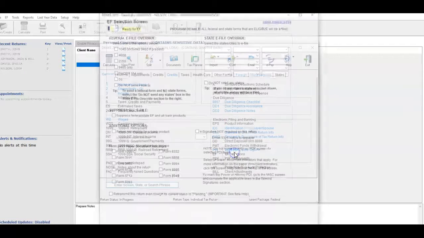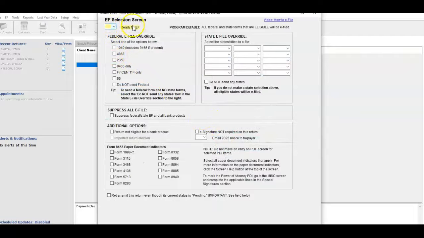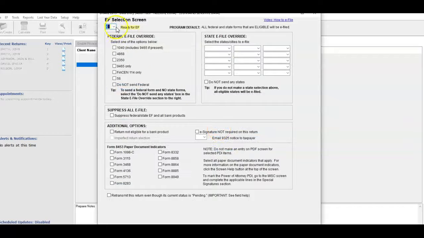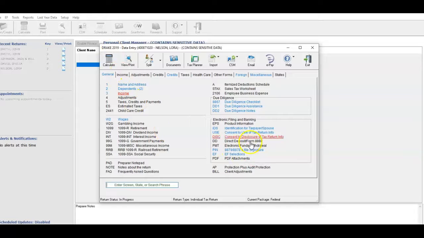This here, you want to make sure you EF selection screen. You got to click this, say ready. Well, if you don't have this selected, even though it's ready, you won't be able to process it. So you got to make sure EF selection is made right here, boom. And so you won't forget. Maybe that's the first thing you might want to come and do once you start to fill out this section,